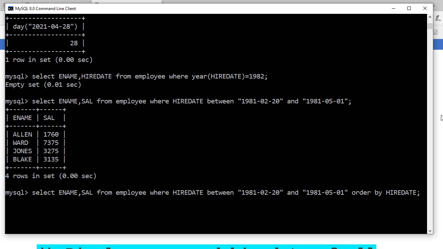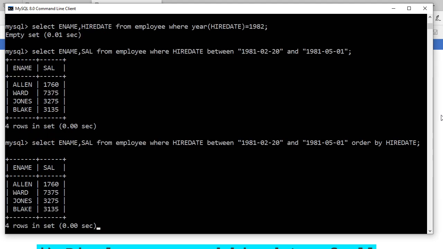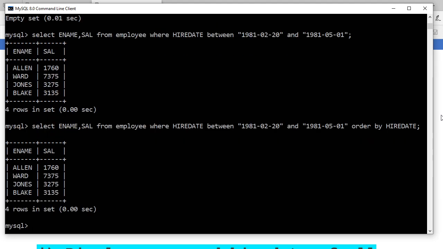Now you are understanding properly. But if it is descending order, then you have to write DESC. I think it is already printing in ascending order. Okay, so this is the query for that SQL command. Now next one, you read. What is the next one?